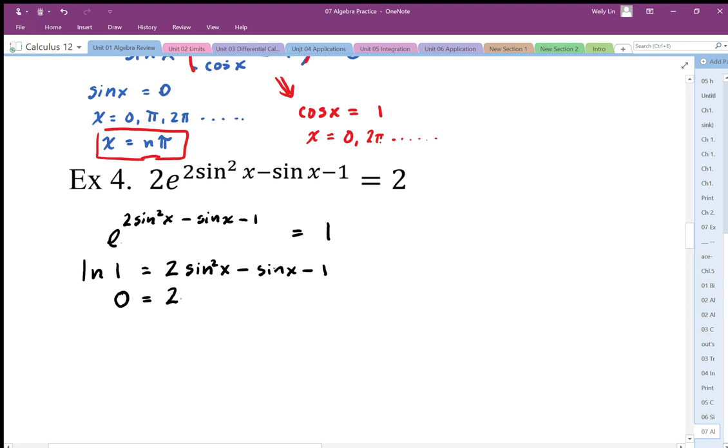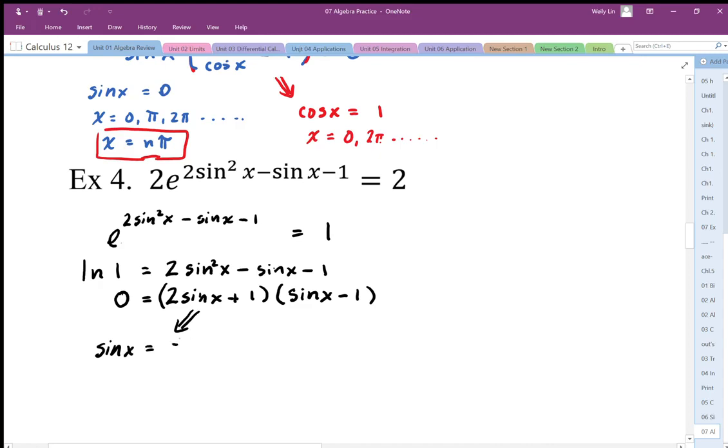So I end up with 2 sine x plus 1, and then sine x minus 1. And that's equal, I've already got it equal to 0 there. Okay, so then I can solve these two equations independently. Here I get sine x